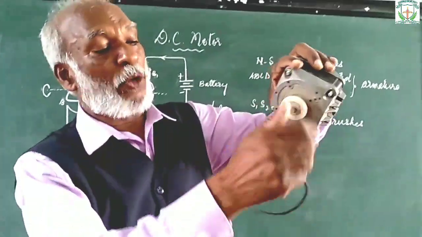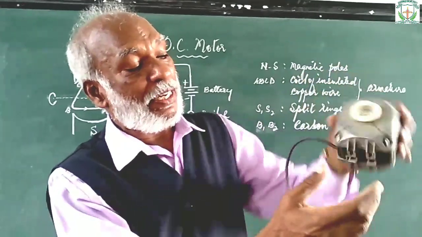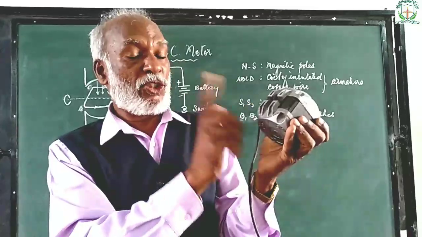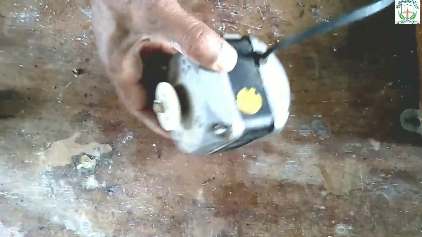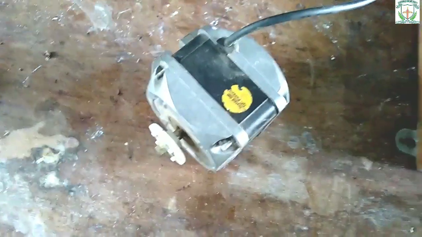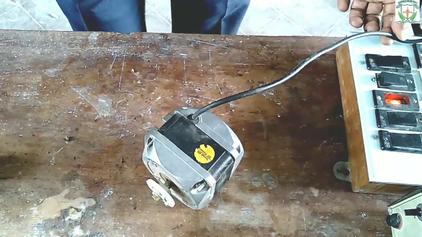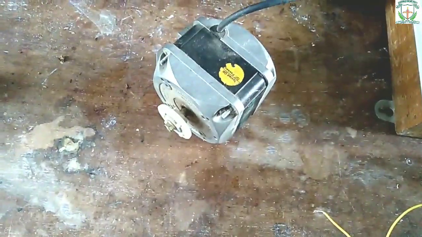This part is called the rotor, which is rotating, and one field coil that is stationary is called the stator. One stator and one rotor, AC motor it is. This is directly connected to a 220 volts source. I am going to switch it on. You see,